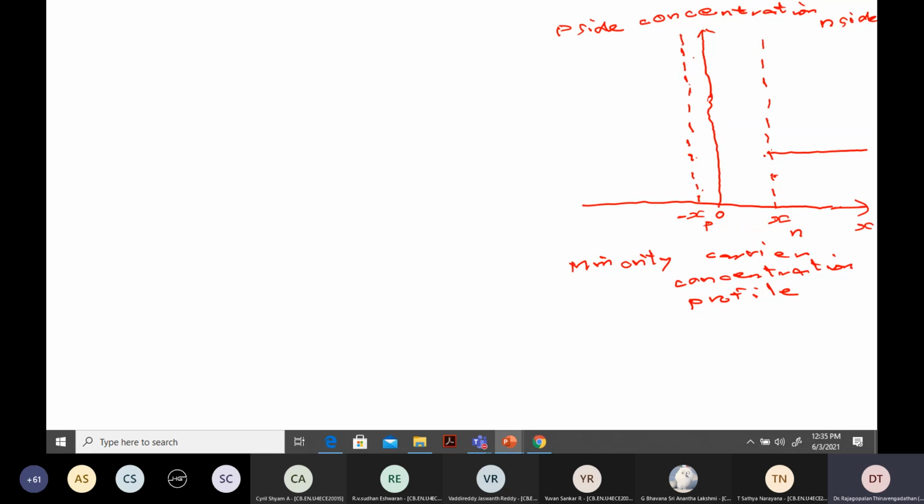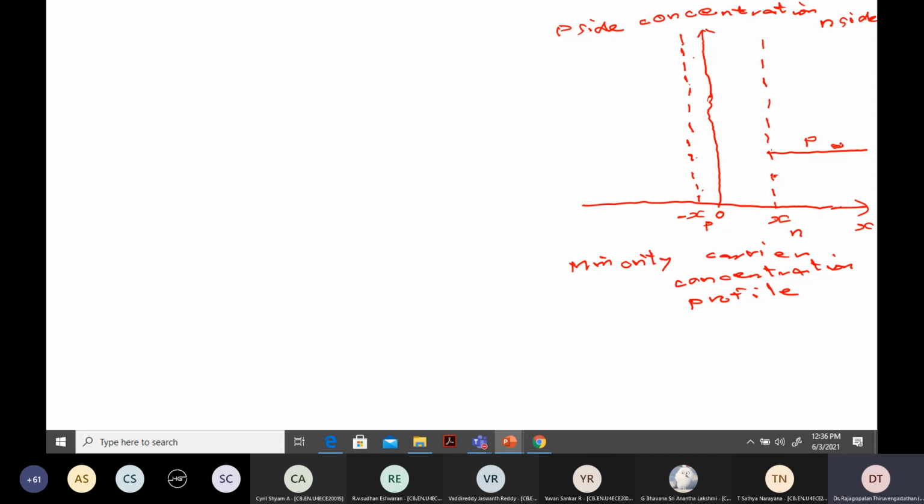So this is my concentration, which is on the y-axis, and I have drawn like this. This is my N side. What is the minority carrier here? The P, the holes. The holes are crossing as a result of forward bias, and reach the N side, recombining with the majority carrier electrons, and there is an excess. It already has some holes, and the starting concentration of the holes is here, p_n0.